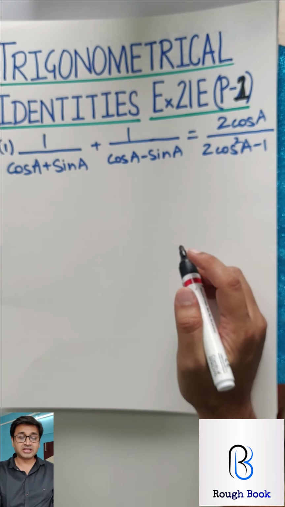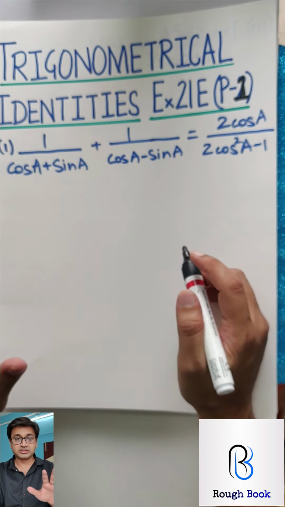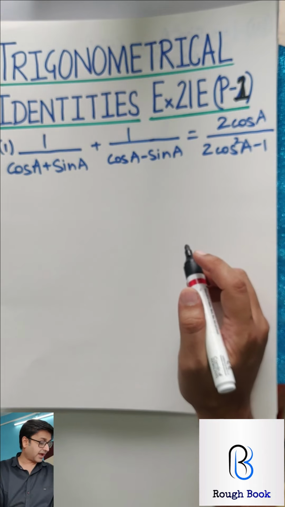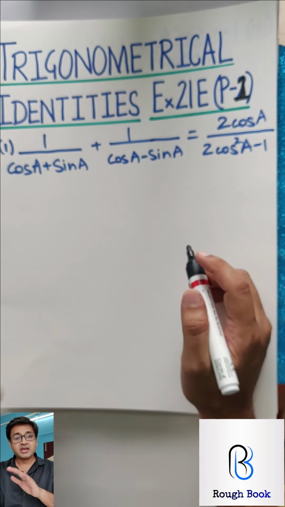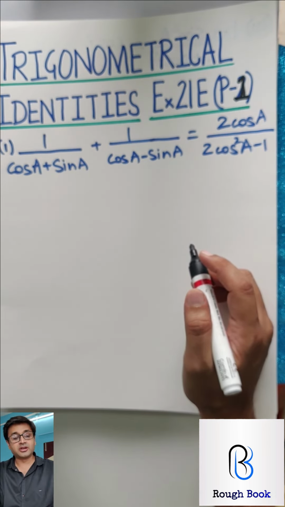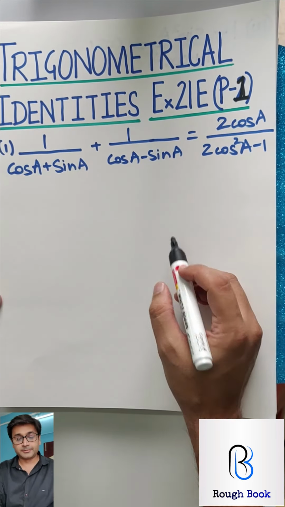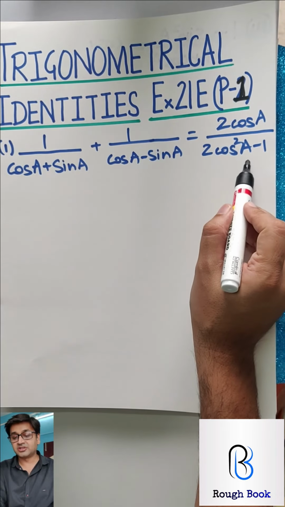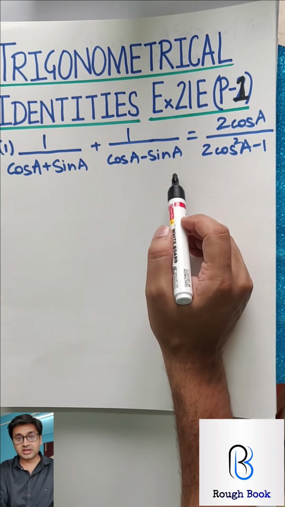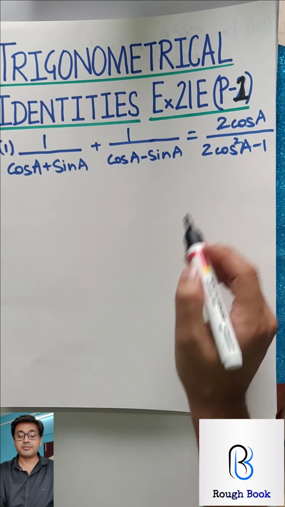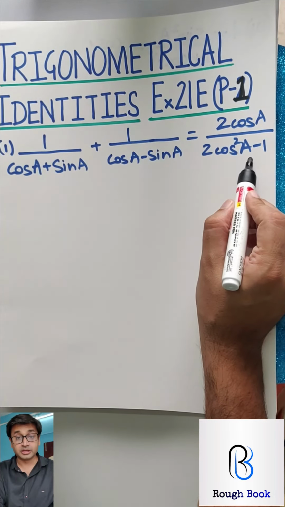Again in 21E there are lots of parts which are not in your syllabus. What is there is just 1 ka all the parts and 10 ka all the parts. Rest everything you can cancel. So we are getting into 1 ka all the parts in this particular video, starting with part 1. So LHS is given, RHS is where you have to reach. You can start with LHS, take the LCM, and gradually then you will build on it. I'm 100% sure most of you all will be able to reach here.